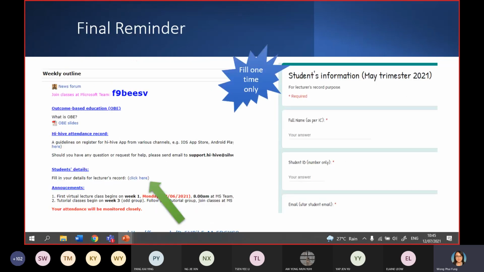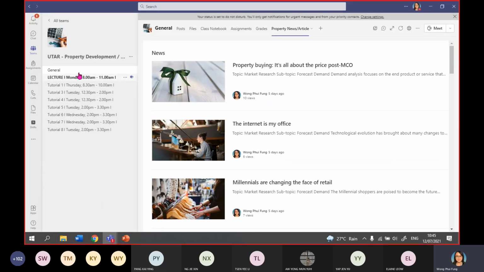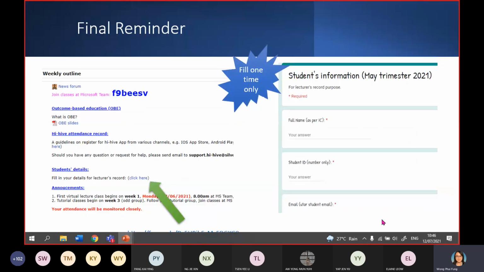Okay? Final reminder, this one I already posted at Webeler and Microsoft Teams. Still a few students didn't fill in. Here, if your name appears here, please fill in this form. This form is because I want to get your handphone number.